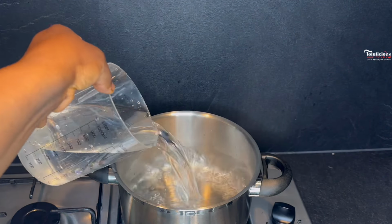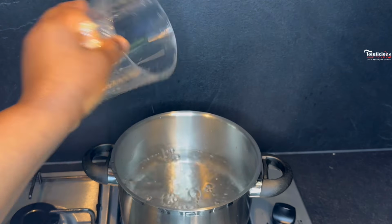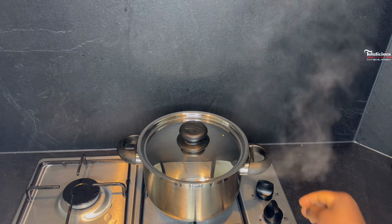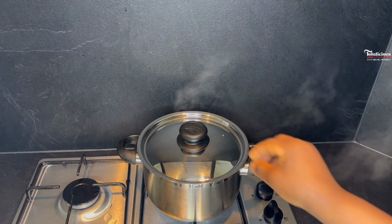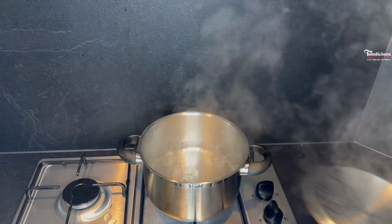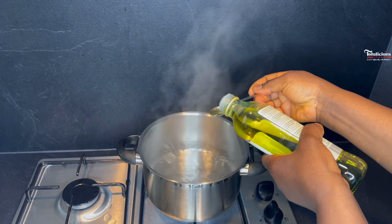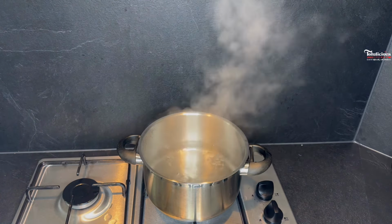One liter of water into the pot. I covered it and I brought it to a boil. You can see now the water is boiled. I'm going to open it and I will add just a teaspoonful of olive oil, and I added half a teaspoonful